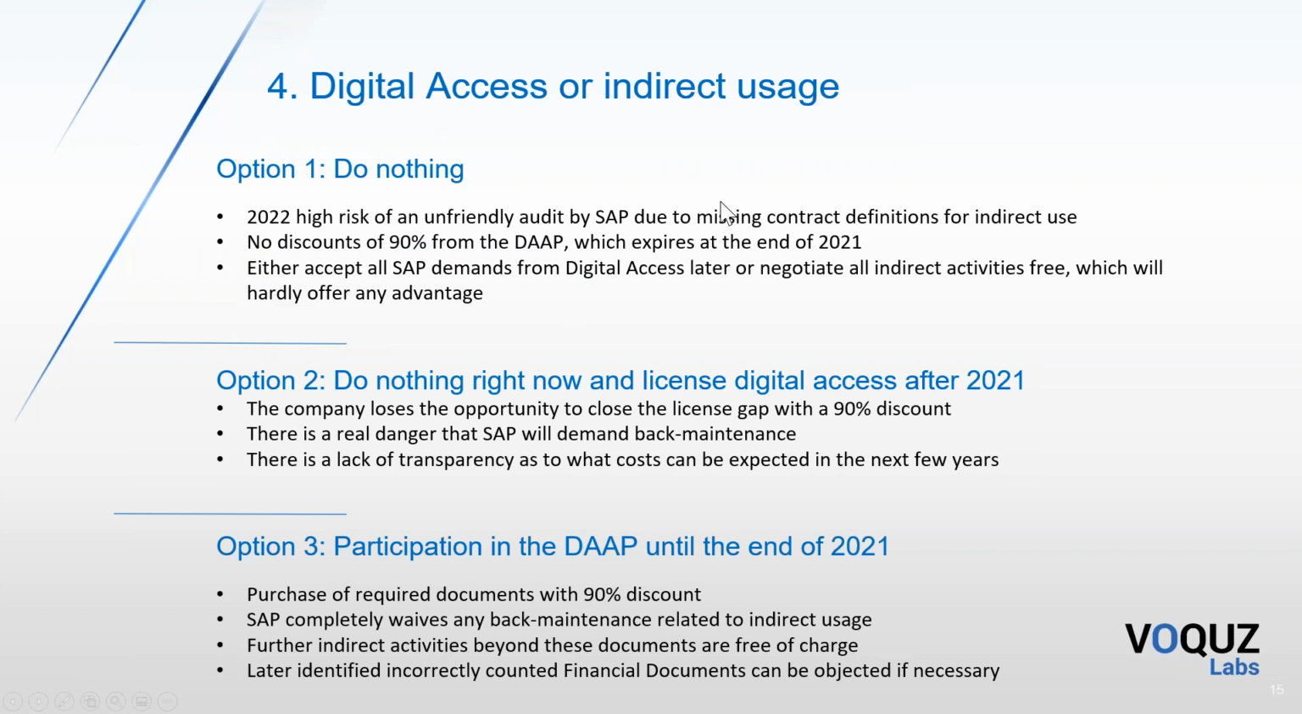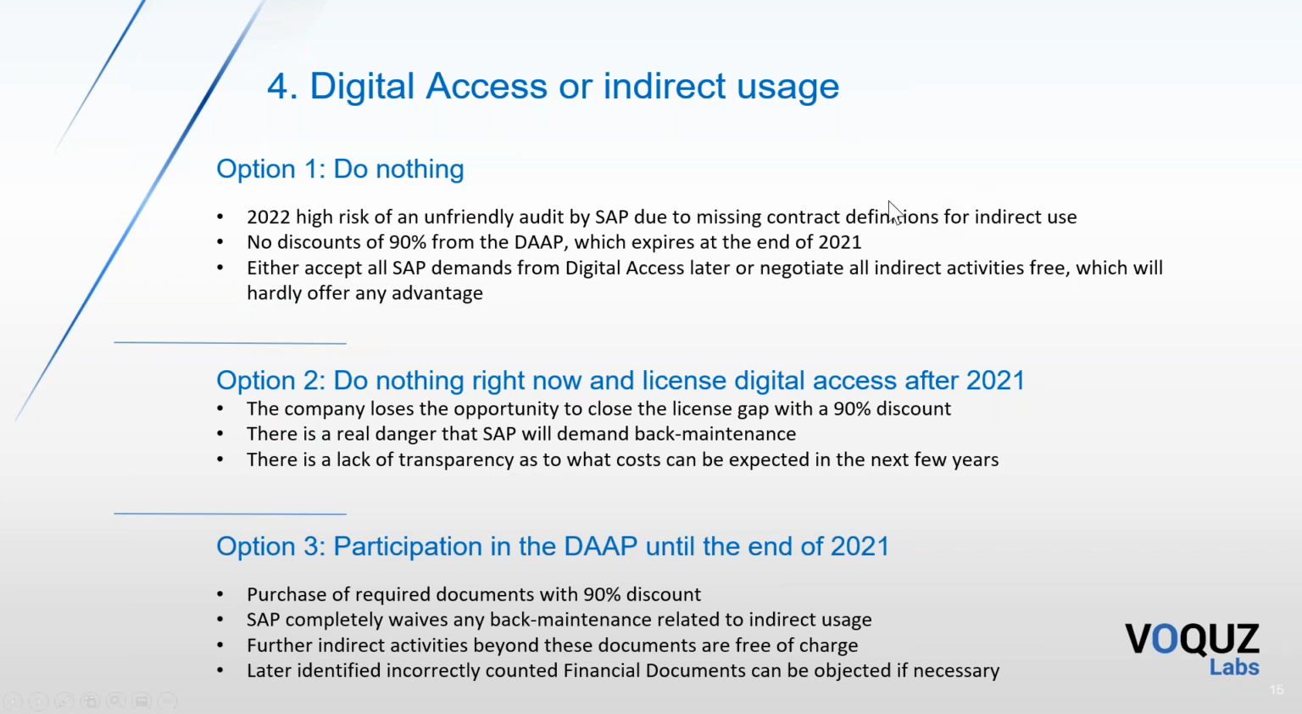So what can you do when you find out that you do have digital access? You can do nothing and risk an audit, and our colleague wrote here "unfriendly audit." Well, unfriendly is a question of understanding. Fact is, if you didn't proactively find a solution for a license situation that is defined in the use rights, I might not be friendly either if I was SAP. The question is,